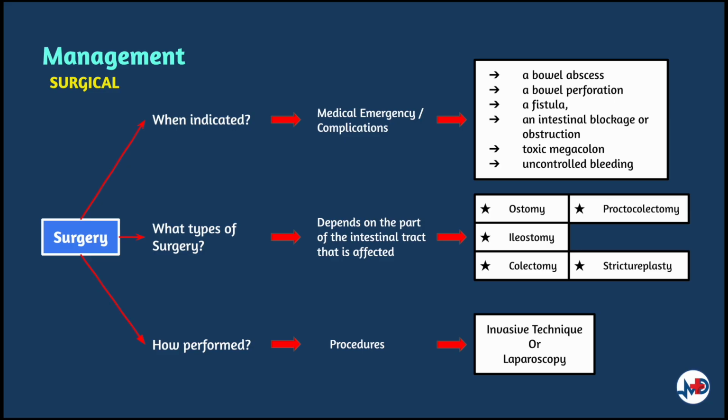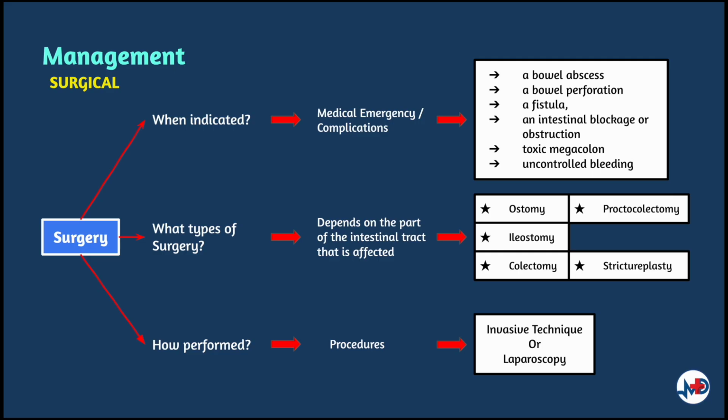Ileostomy involves creating a hole in the abdomen where the small bowel can be diverted. A colostomy involves the surgeon diverting one end of the large bowel through an opening in the abdomen. It is similar to an ileostomy, but it connects the large bowel to the abdominal wall rather than the small bowel to the abdominal wall. In some cases, the surgeon can reverse this procedure once the bowel has had time to heal.